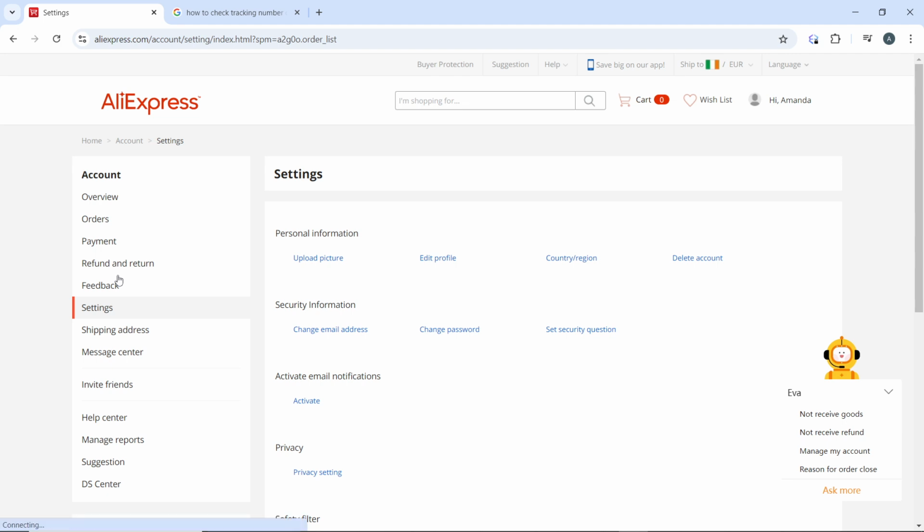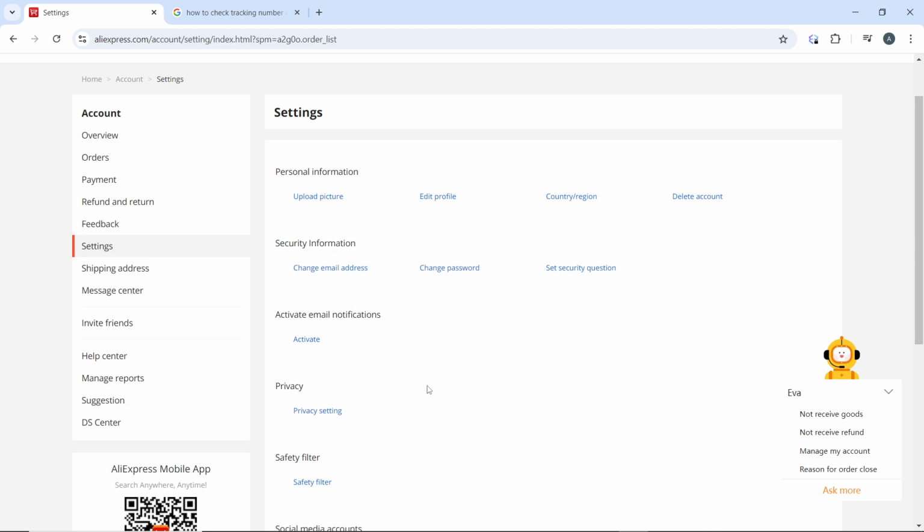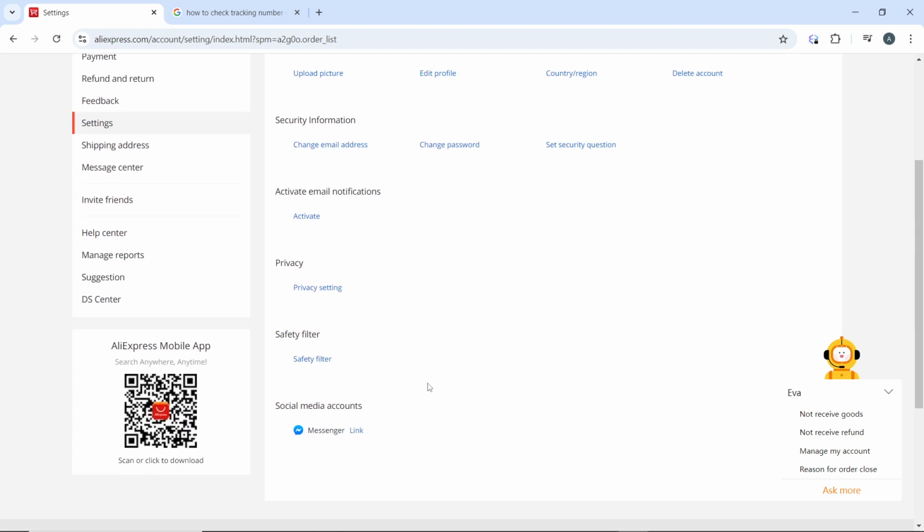But an easier way to do that is once you click on the drop down menu, you can just go ahead and click on settings from the options in there if you don't want to go through this process. But it's still pretty much the same thing. But now that we're in settings, just head over to the settings window where you have a couple of categories, including personal information, security information, activate email notifications, you have privacy, and of course you have safety filter and